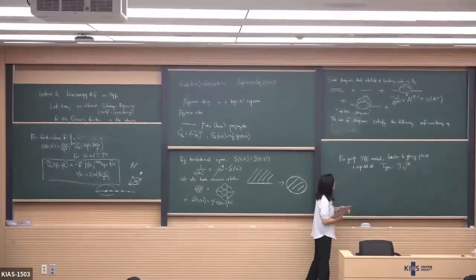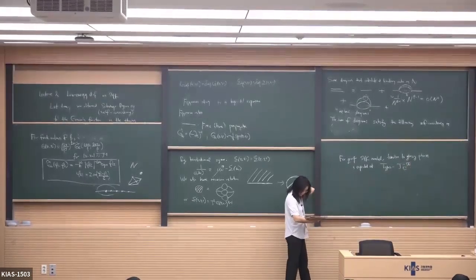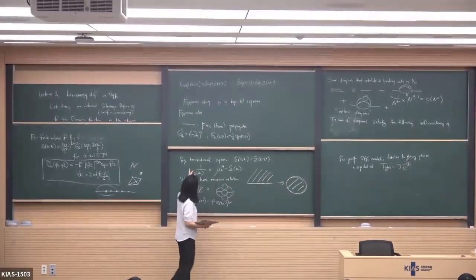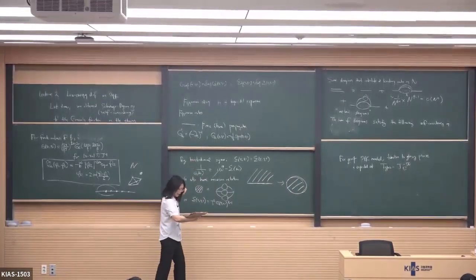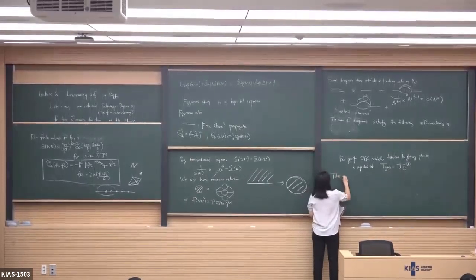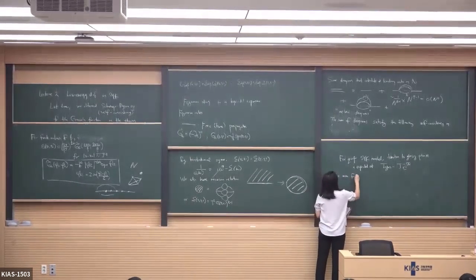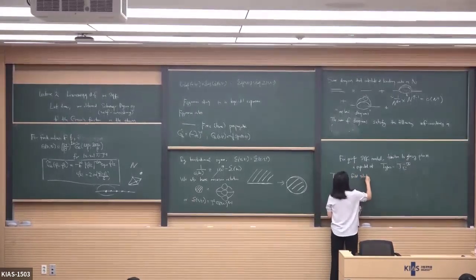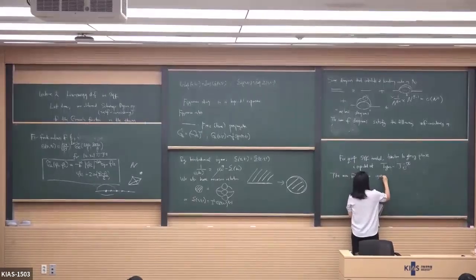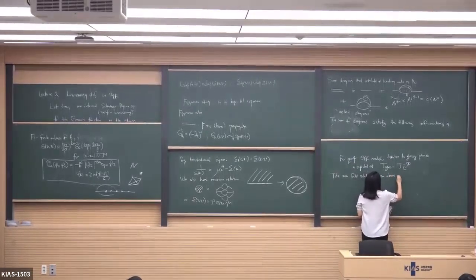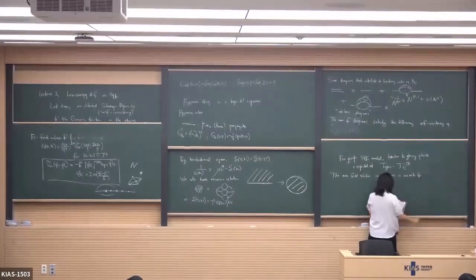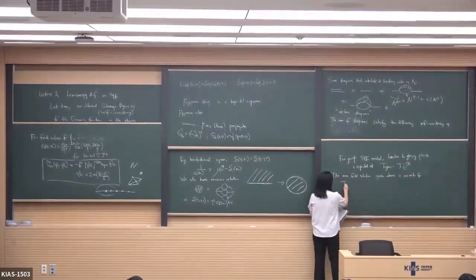The transition temperature is suppressed in large N. And the mean field solution that we have obtained, the solution given above, is accurate for temperatures